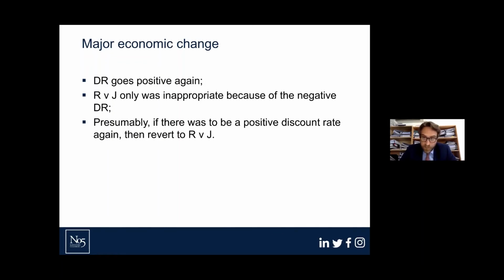But notwithstanding all of that, it's important to remember, in my view, that the reason given for revisiting Roberts and Johnson was the result that that formula produced in the era of negative discount rates. It wasn't the sorts of criticisms that were circulating for decades about the formula and the results that it sometimes produced. And again, this isn't on the slide, but that point is made abundantly clear by Lord Justice Underhill at